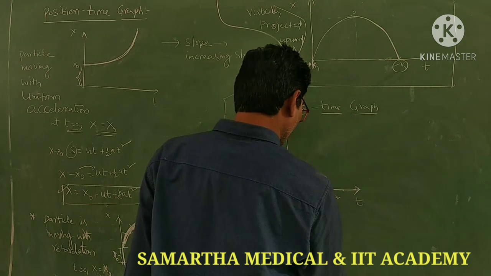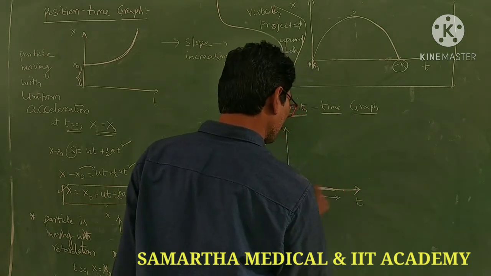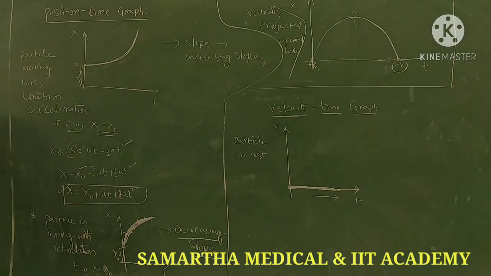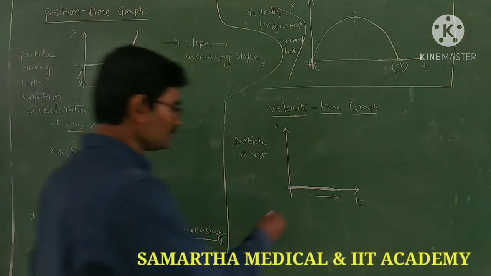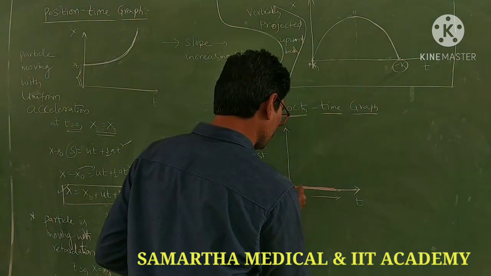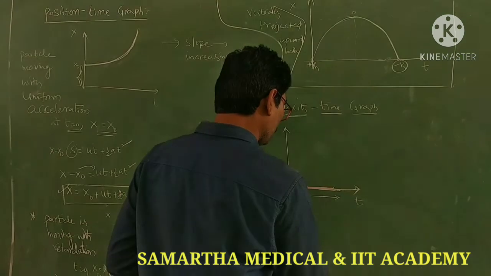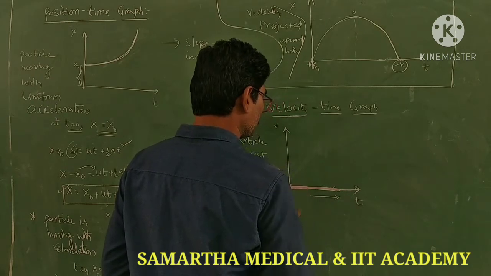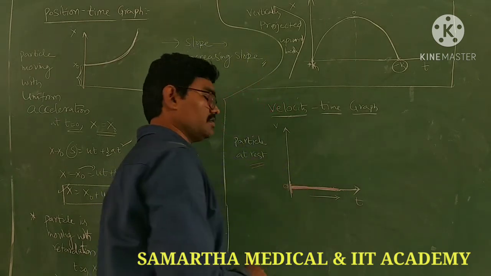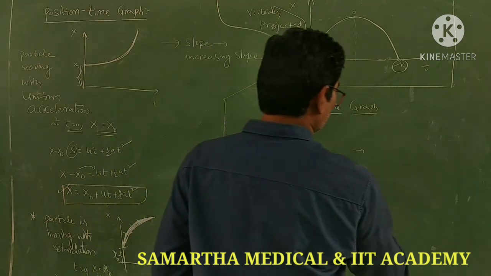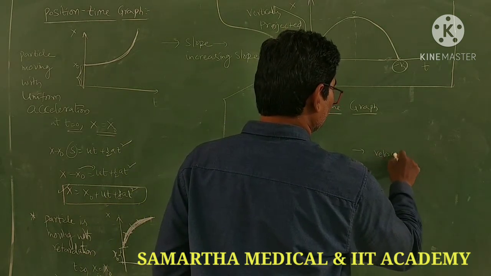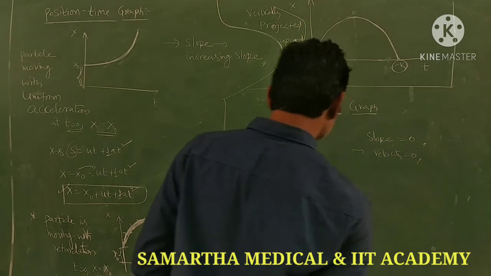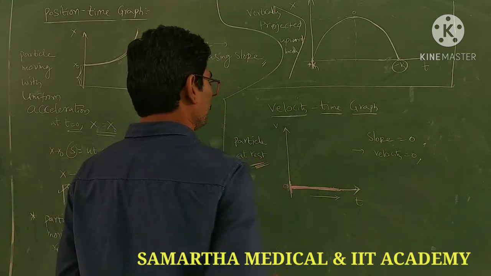So that means the velocity curve drawn on this time axis, you can show like this. This is the curve. From here to here, whatever time you take, velocity is becoming 0 only. So that is what represents the velocity of the particle at rest. So slope is 0, velocity is 0. Velocity is 0 since slope is 0. Okay, this represents the particle at rest.